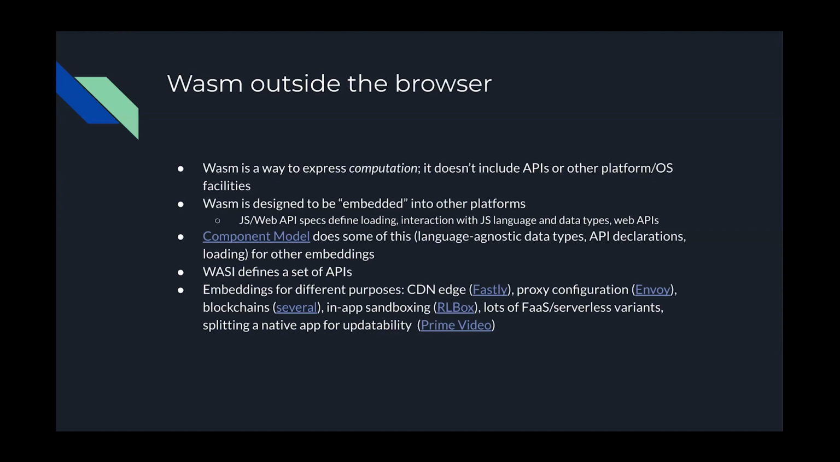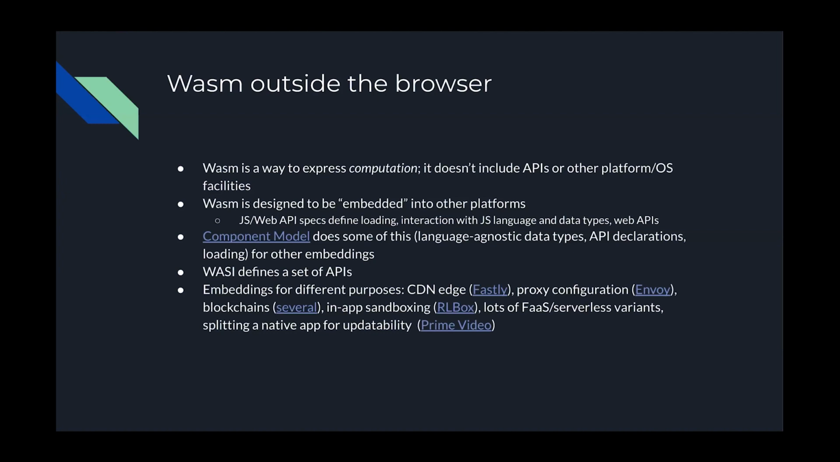For use cases which are not embedded into the web, you need another way to do some of this work. So there is an emerging spec called the component model, which tries to do some of the same kind of thing for non-web embeddings. The component model defines language-agnostic data types and interactions. It has this component abstraction which can encapsulate multiple WebAssembly modules and express dependencies and things like that. It also has a way to declare and specify APIs,